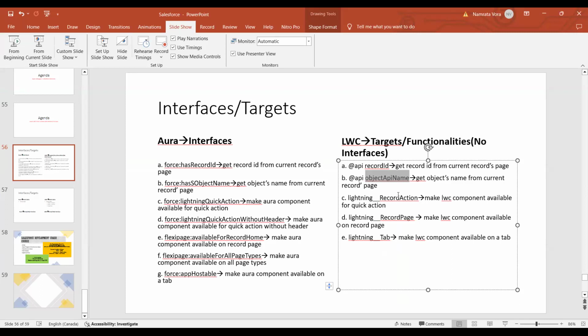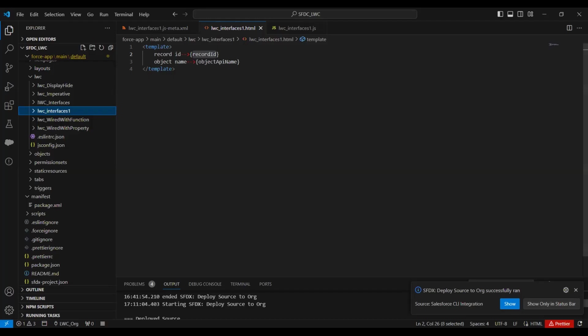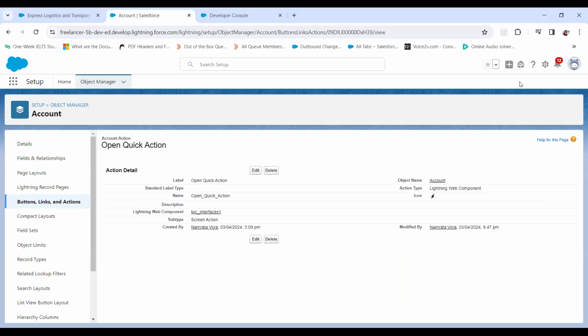We also saw how we can use record action and record page. With record action, we are able to use this lightning component in a quick action, and with record page, we are able to use this lightning component in the record page. Similarly, if you want to use this lightning component in a tab, you need to use lightning__Tab in the target. So let's say if I go here and